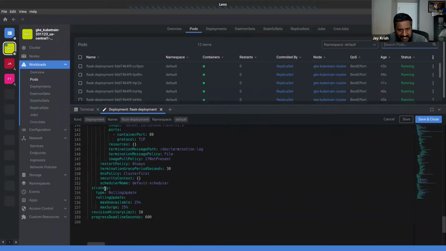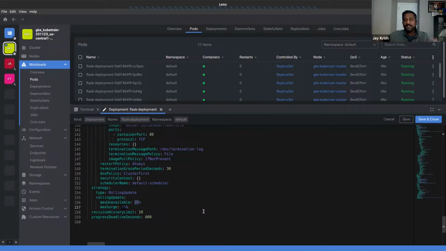I've said the strategy for rolling update is, when doing a rolling update, max surge is 25 percentage. Like if you have 4 pods, and if they say update everything, don't add 4 more pods. Add only 25 percentage more, means 1 pod. Then delete the old pod, add the new pod, delete the old pod, and get the new version of the Docker container in the pods.